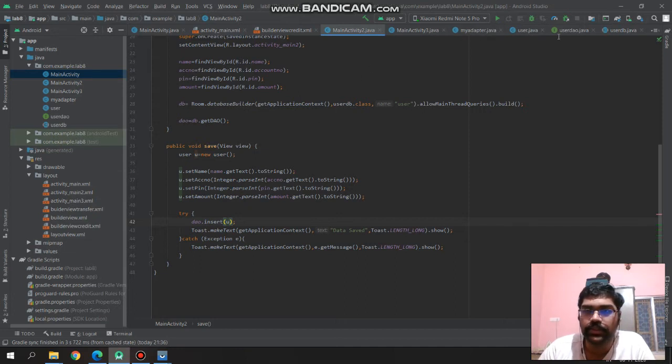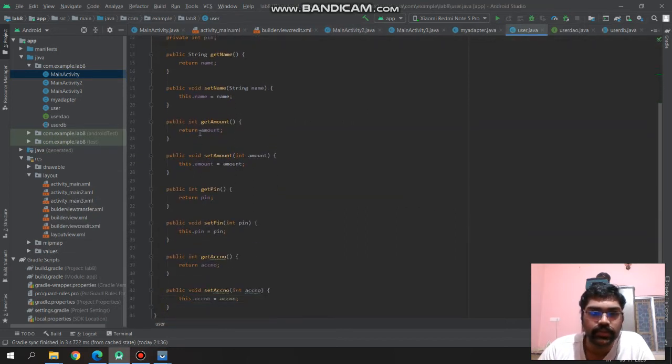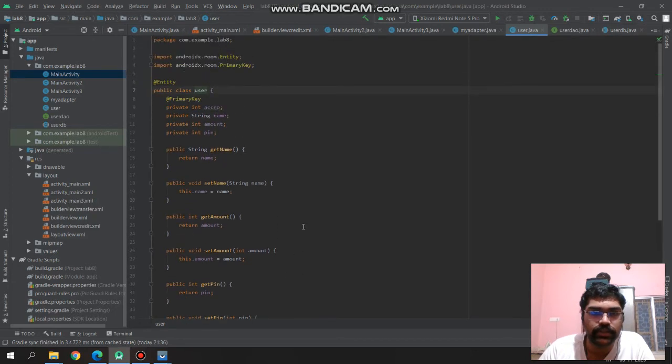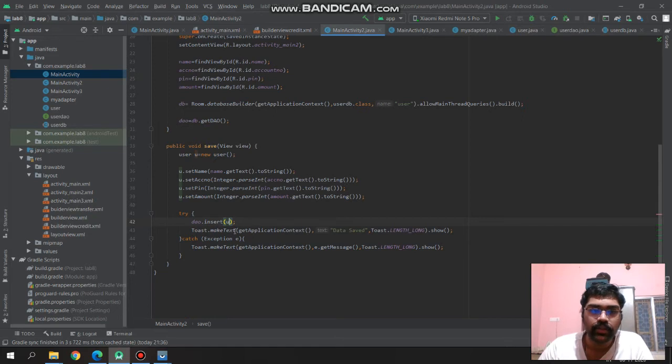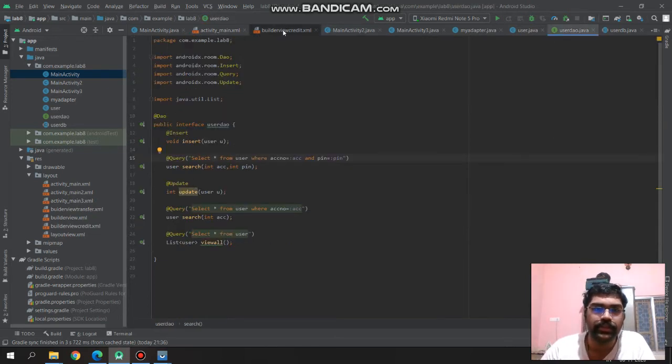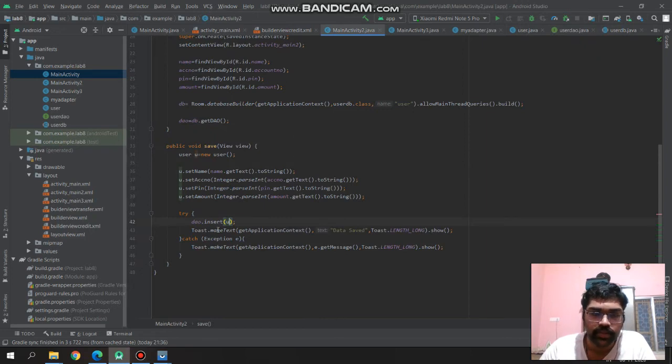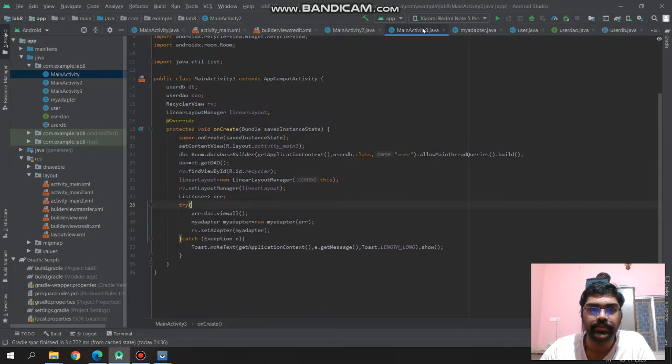These functions are defined here. As you can see, these are all the setters and getters for the same. Then we are inserting using that DAO.insert, which is defined here. And if it is successful, a data set message will be given.